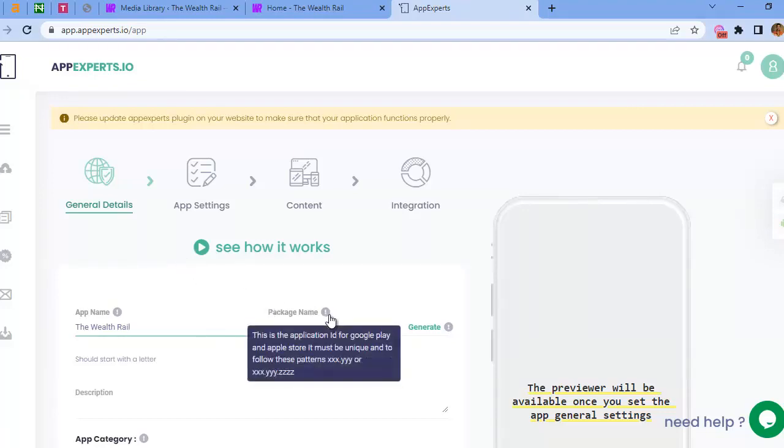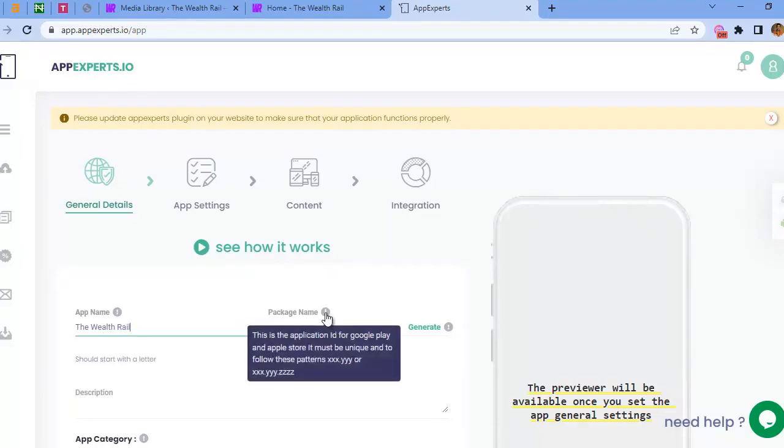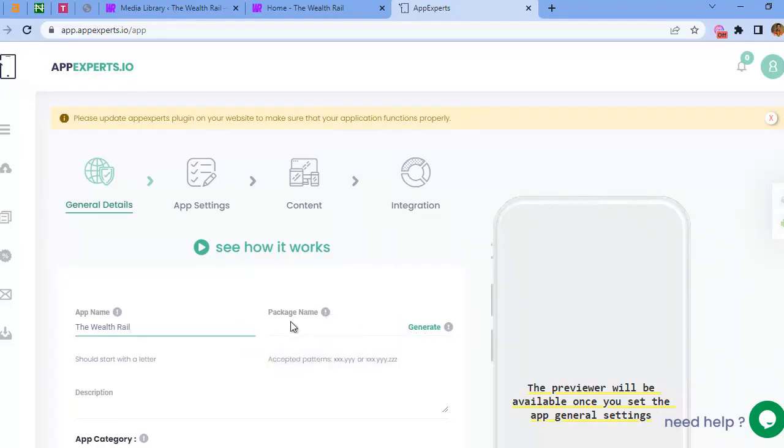So package name. This is the application ID for Google Play and App Store. It must be unique. So make sure you find a pattern or name that has not been used before. If you don't get it, you can just click on generate. It will automatically give you something like com.wetrail.appexpert. So you can use something like that. So I just use com.thewetrail.facebook. Okay,